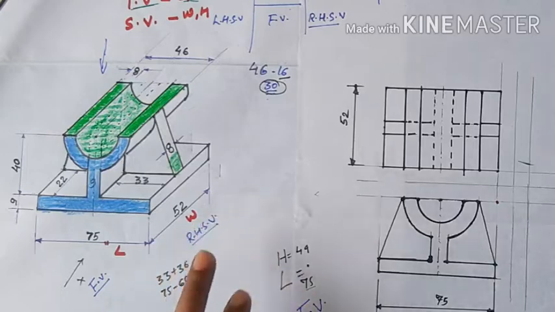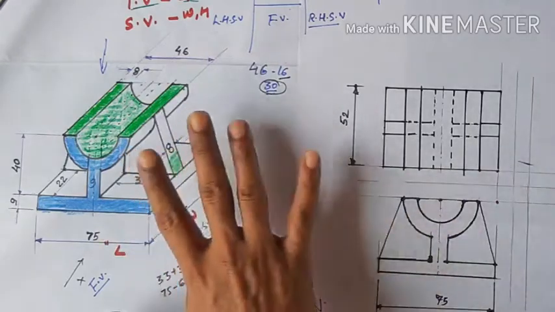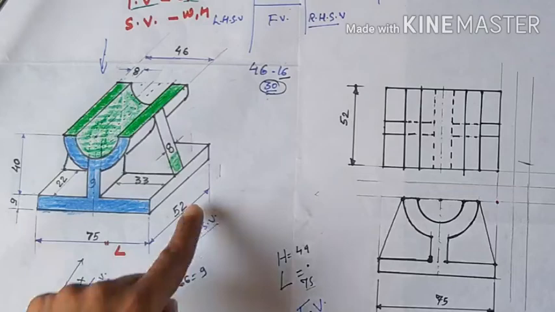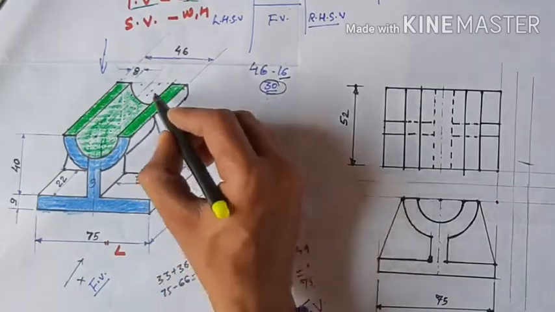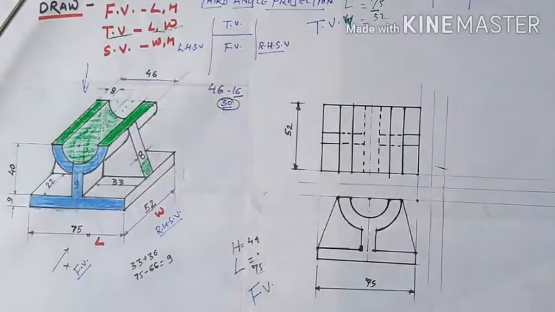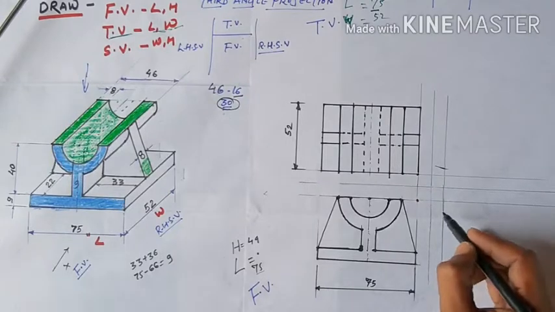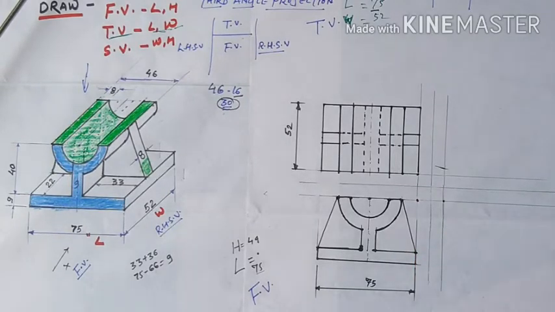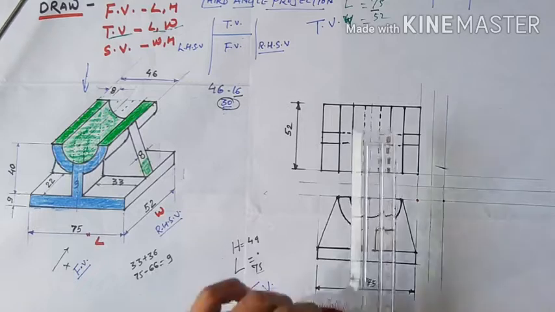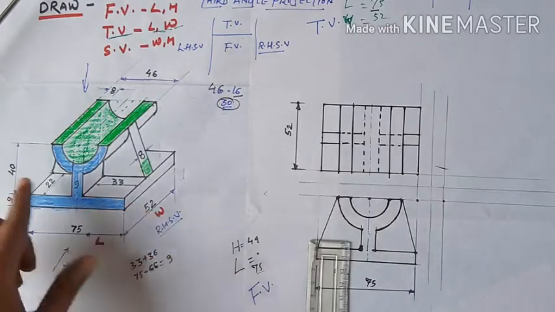So now we are moving to the side view, and now you are seeing the object from here. So this is your side view. What we see is 52 mm of width and 49 mm of height. So here this is your height and this is your length. Height is 49, and what about the width? Width is 52. So from here we need to draw a box. Construct a box of 52 and 49 mm.